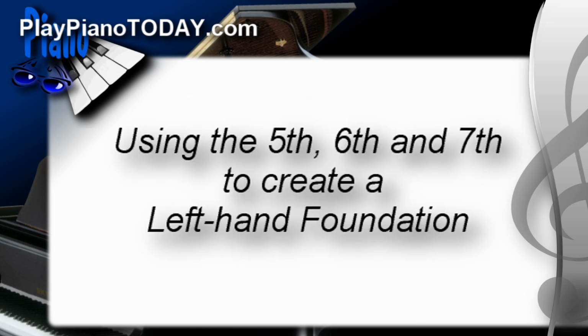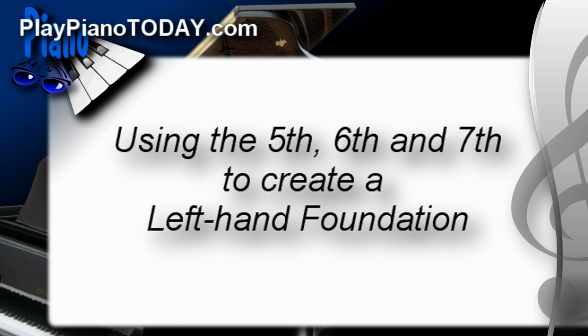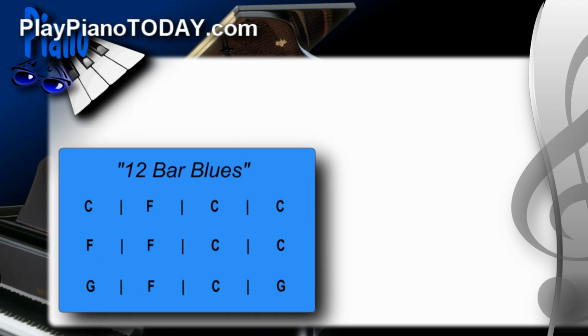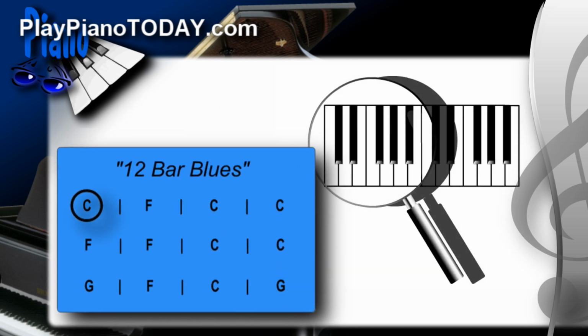Now we're going to use the fifth, the sixth, and the seventh in each measure. On the first beat, we're going to play a fifth, just like we did in the last example. On the second beat, I'm going to stretch my hand up a little higher to play a sixth. Then on the third beat, I'm going to stretch that hand out a little more, play a dominant seventh. Then on the last or the fourth beat of each measure, I'm going to come back down and play a